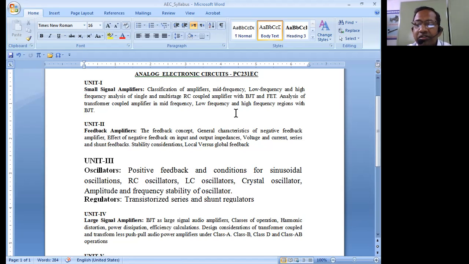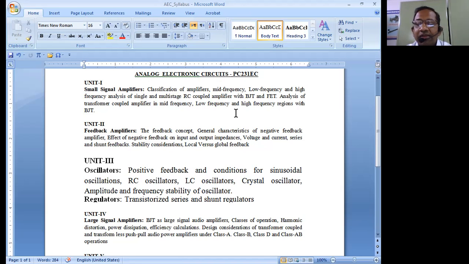Next, after we establish the perfect DC conditions, after we establish the Q point at the stable point without making the Q point oscillate, if the Q point is adjusted to be at the center of the active region all the time, then we say we have achieved proper biasing. We should ensure the biasing conditions remain true for the entire operation of the circuit, even after we apply the input signal as AC to the amplifier circuit. Amplifiers process AC signals based on the DC biasing. This is an important point for us.